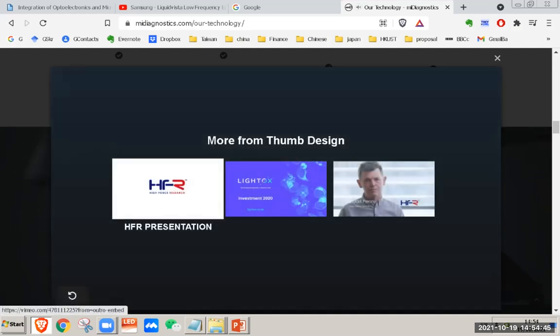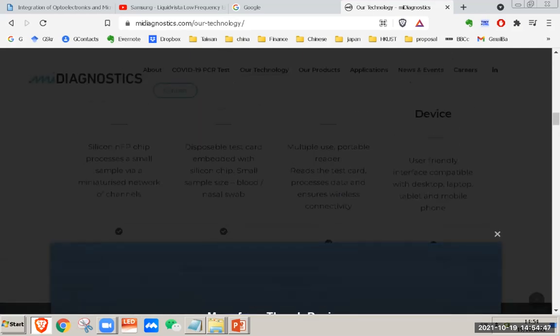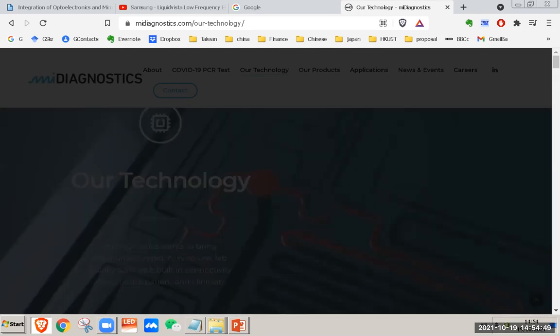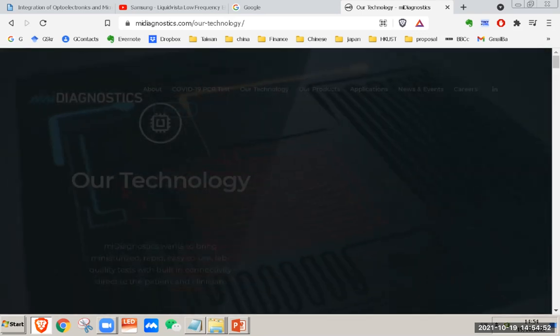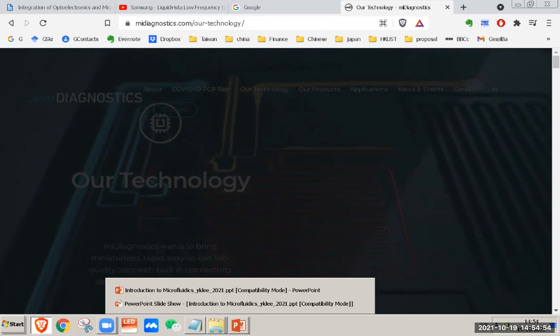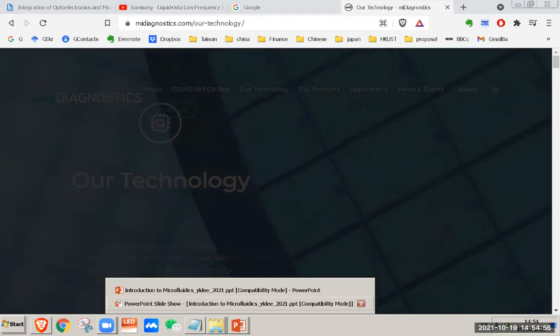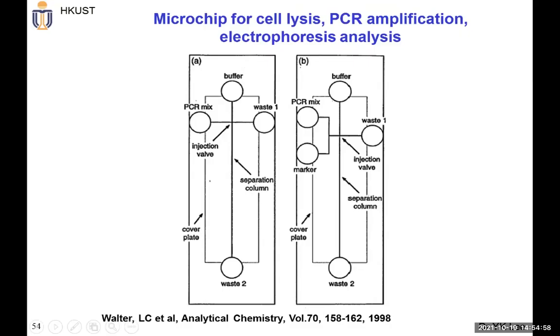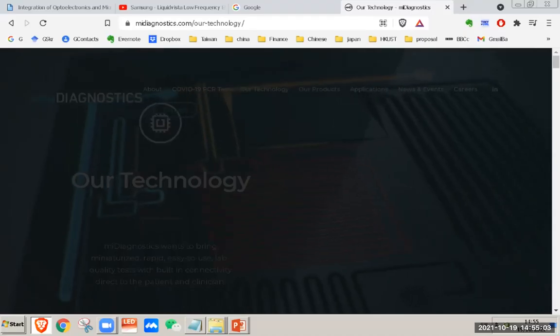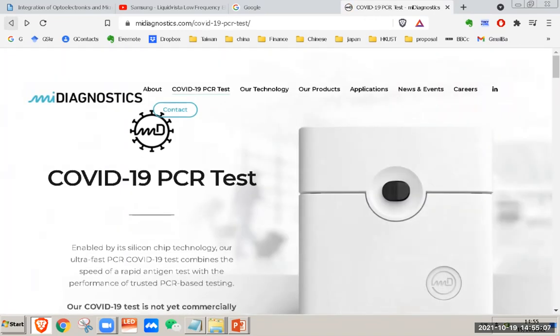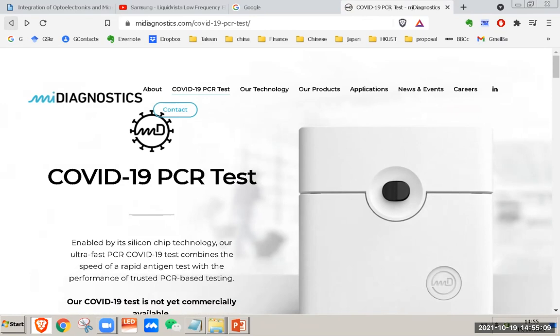Well, as I mentioned in our lecture note, the one I showed you in lecture is a research paper, right? It demonstrates this idea about integration. It's almost more than 20 years ago, but finally you can see this company. I think this company is from the technology from IMEC in Belgium. IMEC is one of the top semiconductor research labs in the world, and they worked with Johns Hopkins,